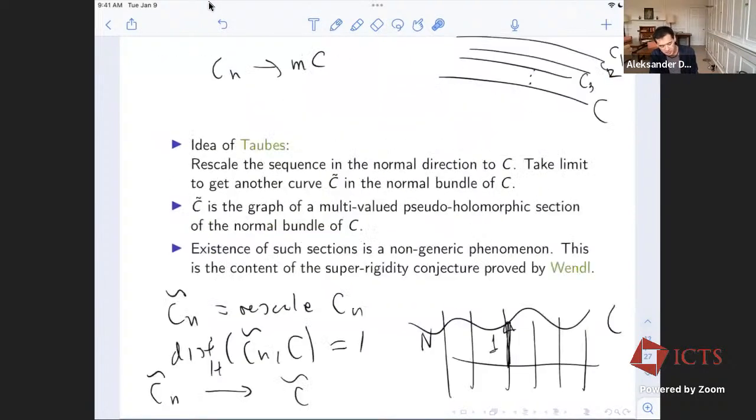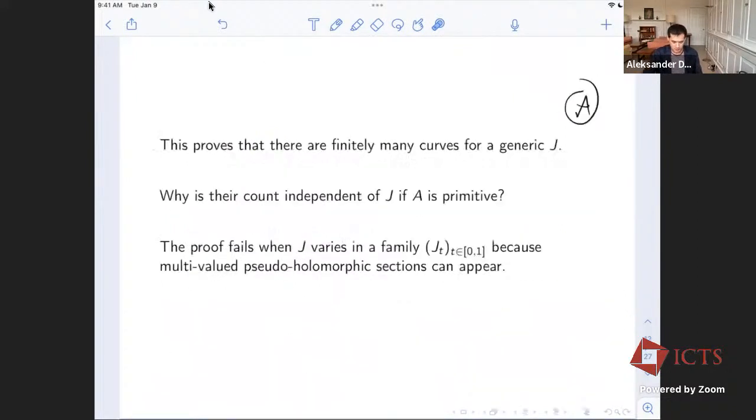The proof fails when I get some pseudo-holomorphic curve in the normal bundle, which equivalently corresponds to the graph of a multi-valued pseudo-holomorphic section of the normal bundle. This is when the proof fails, and of course, this cannot happen for topological reasons in the primitive case. That's essentially the upshot. You still have to worry a bit about the collapse in the same homology class, you could have a collapse to a ghost map,